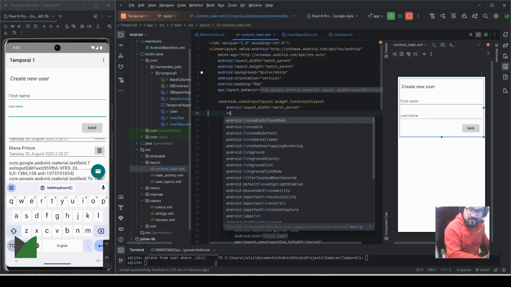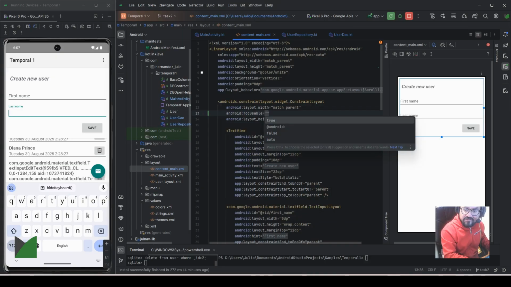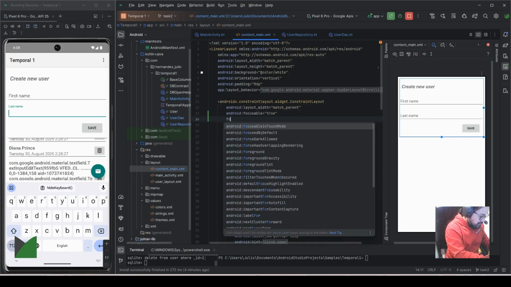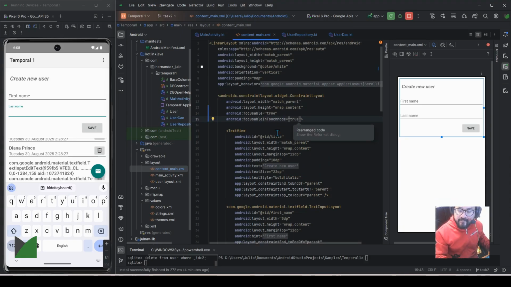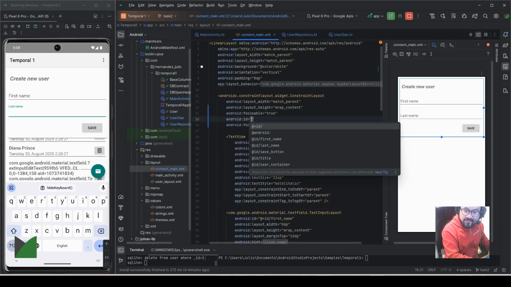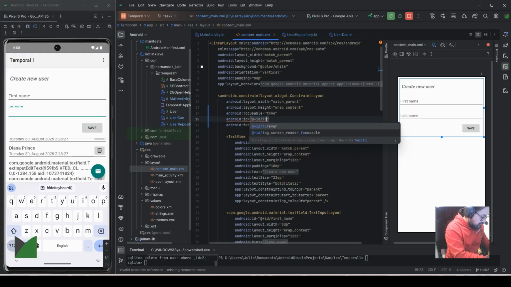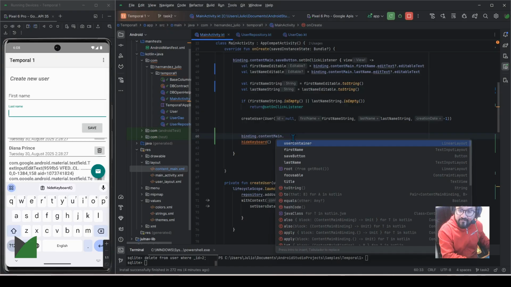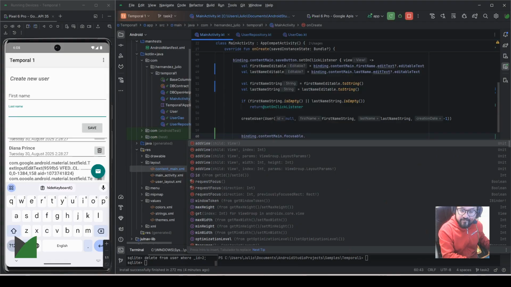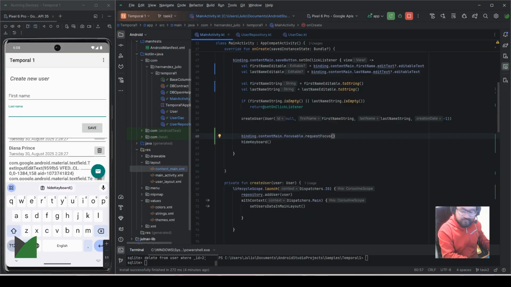So focusable, focusable true, and focusable in touch mode true, and I need an ID, just focusable format. Close this. Now I can get my focusable here, and request focus, and I need to